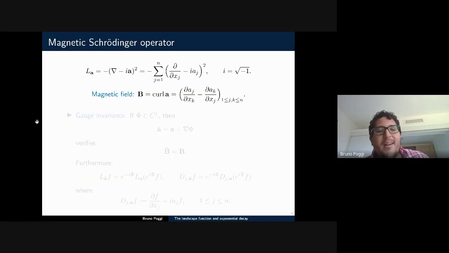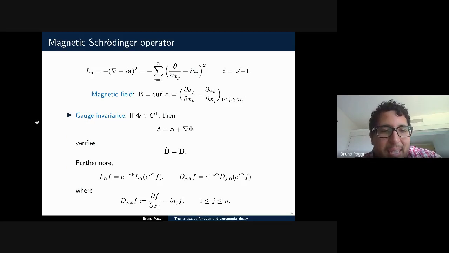Thank you. And now we have the magnetic Schrödinger operator. So here's the definition. You have the magnetic Schrödinger operator defined in this way, and the boldface A here is what is called the magnetic potential. This is a real valued vector function, and it gives you the magnetic presence in the term. Now, however, if you take the curl of this vector function, which is defined in